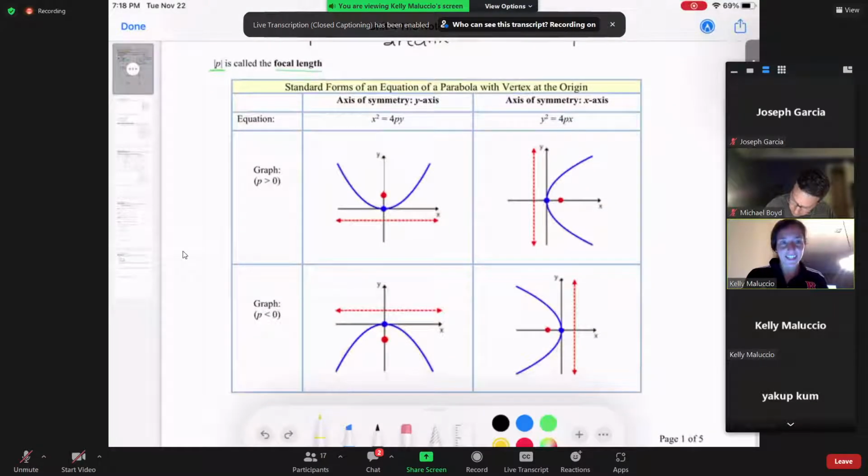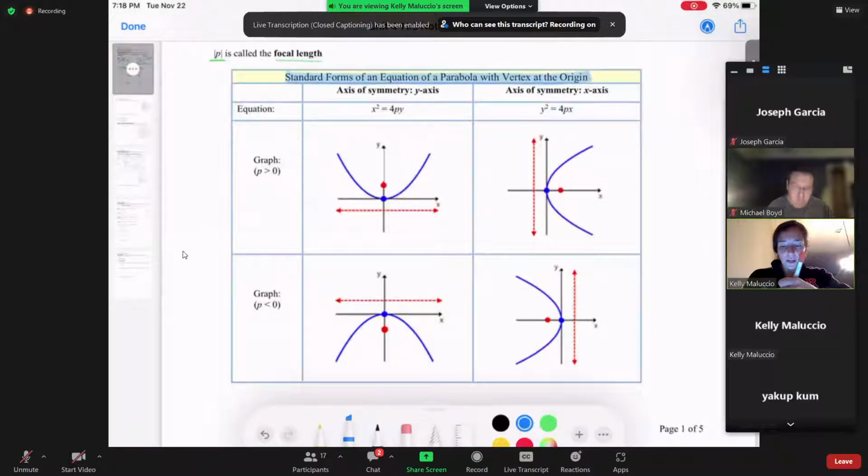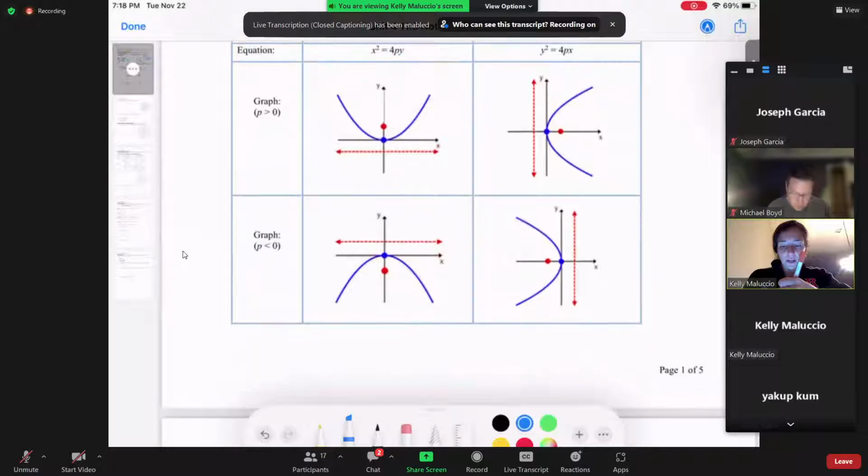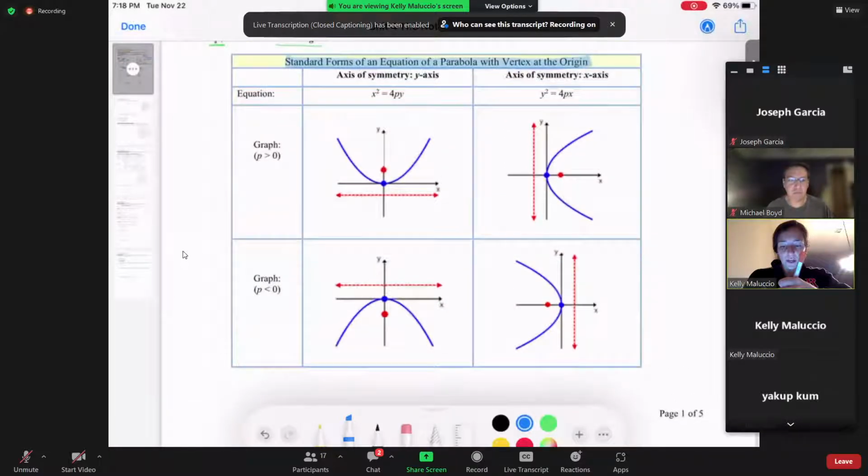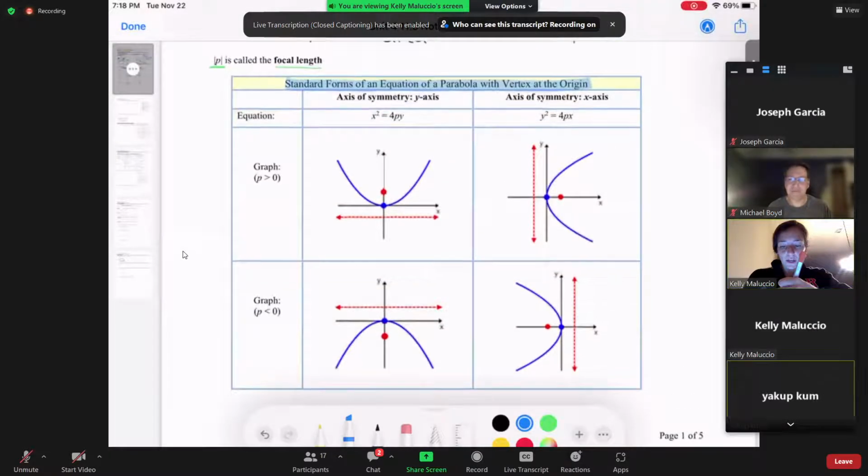So maybe I didn't have to say it. Here we have standard forms of an equation with vertex at the origin. Again, we always start with the vertex at the origin because it's just easy. But in this case, we're just looking at a special